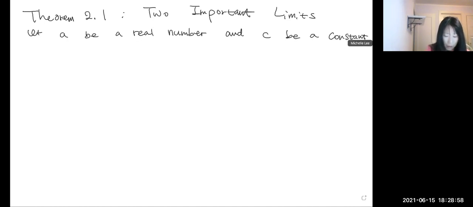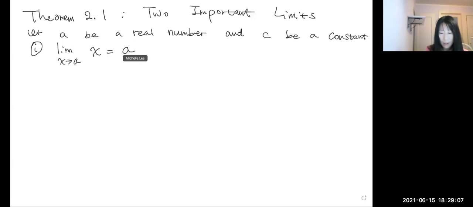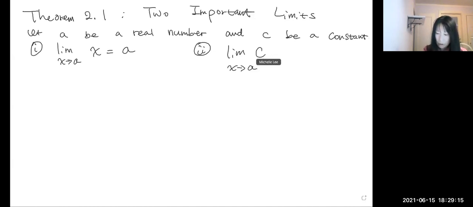The first one: the limit as x approaches A of x equals A. The second one: the limit as x approaches A of a constant gives the constant. All right, so this means,